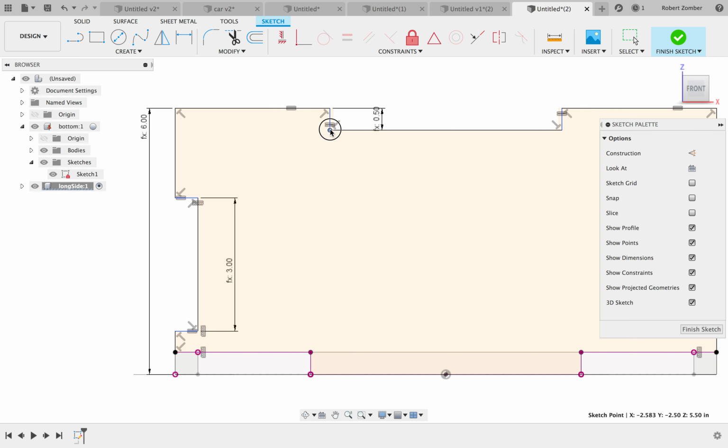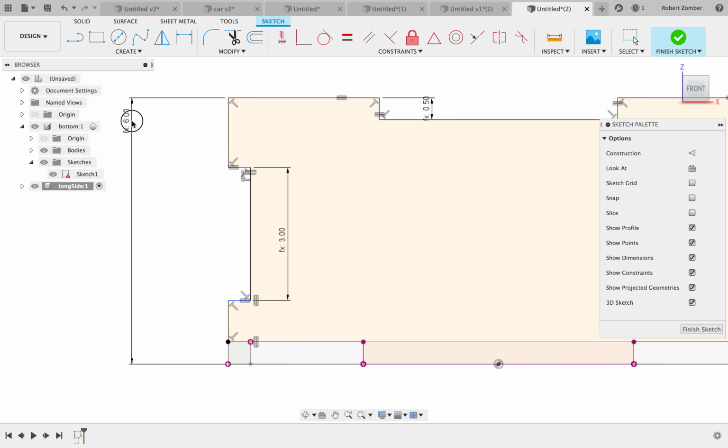This still needs to be defined this way, and this needs to be defined this way. So what I want to do here is I want this to be in the center from here to here. And so one thing that I can do is put D here from this point to this point across, and then I can do a couple things. One, I can just say half of this because this is half of this. Two, if I really wanted to go complex, I could say I want this dimension